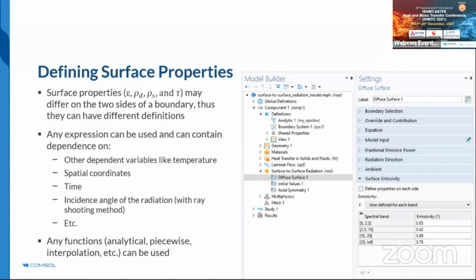It can be a function of the spatial coordinate, of time in case you have, I don't know, a change in the surface property along time. It can be a function of another dependent variable like the chemical composition of something present on the surface. It can be a function of the angle of incidence of the irradiation. And so, as I said, you can combine analytical expressions with user-defined functions, as we can see in this screenshot here.